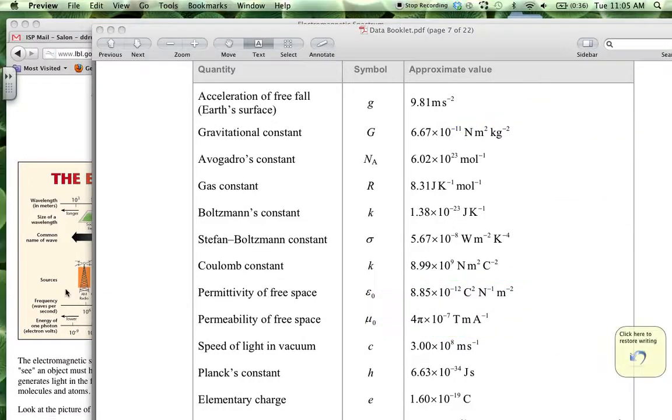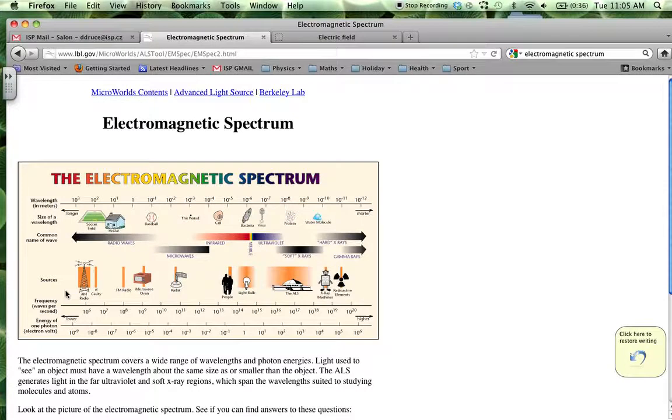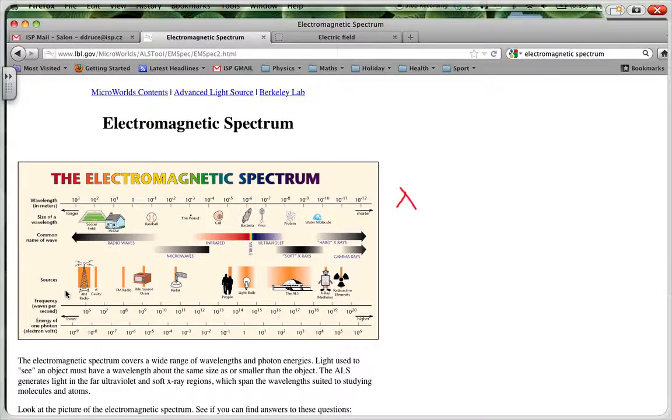So if I go back to this diagram, I just pulled this up from the internet. This is an electromagnetic spectrum. It gives us our wavelength over here. This is our wavelength, and this is our frequency. Now, as we said, c is equal to f times lambda. So this times that gives us our speed. So obviously, this is 3 times 10 to the 8,